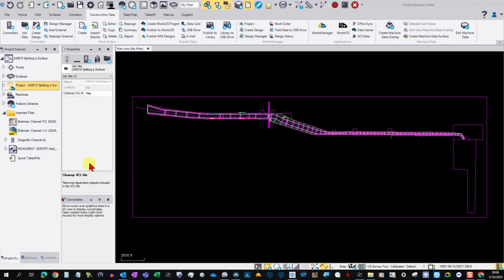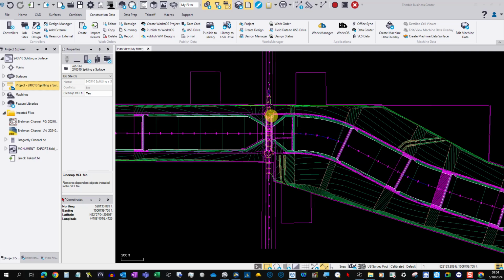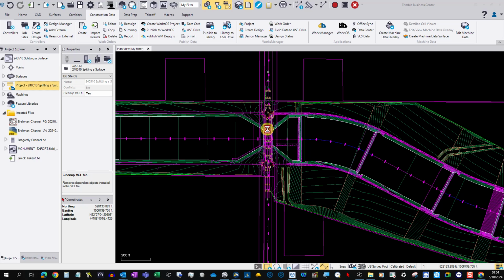Okay, so one thing that we'll have to have is some way to put a boundary around two parts of the surface to split it into those two separate surfaces. So the first thing I'm going to do is decide a point where I want to do this. Now this project in particular does have a road that splits it almost right in the center. So this would probably be a good place where we could split this surface, break it down